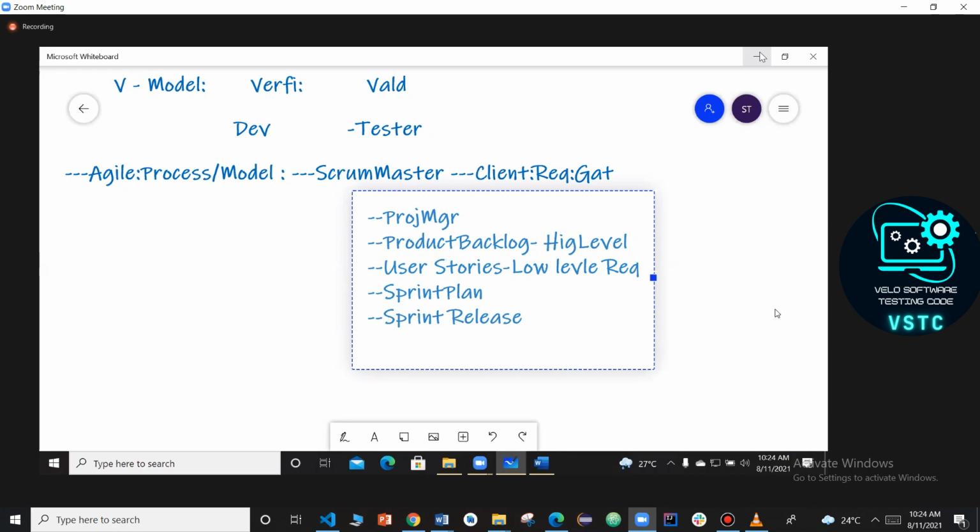First is the plan. First comes the plan: what are all the total user stories, then how many user stories we have to work on, and how that release needs to be done. That is what we mean by sprint release. In most agile projects,